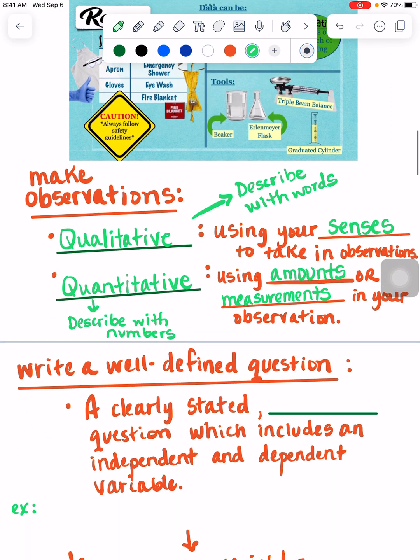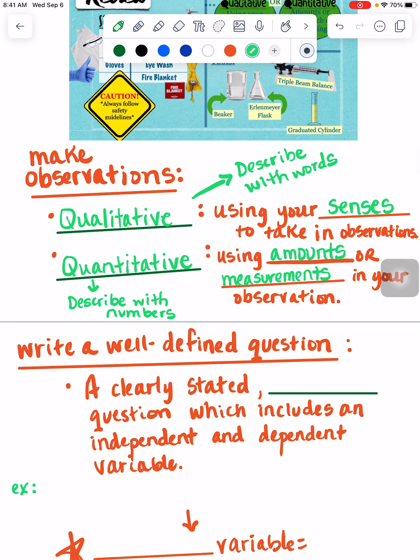Scientists will also begin their experiment with a well-defined question. We can't just say it's any question because there's some certain guidelines and criteria that we have to follow as a scientist to start an experiment. So we have to have a well-defined question. So let's define what a well-defined question is. It is a clearly stated,